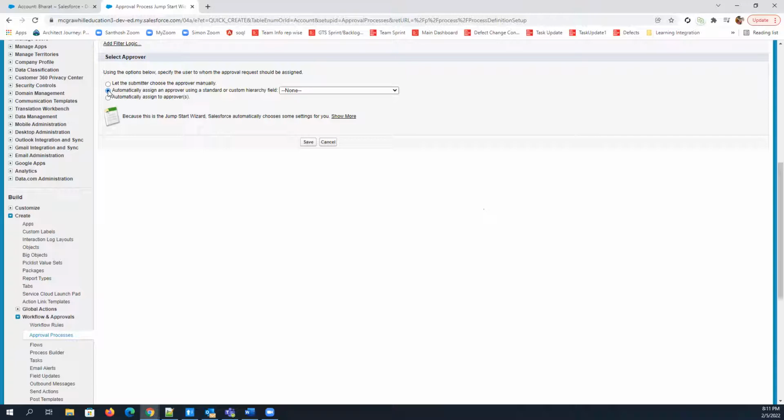Because if a company has 10,000 people or 1 lakh people, you can't do it manually every time. If you are using a hierarchical field, then at the time of user creation you can update the supervisor on that field. It will automatically pick whatever is passed in that field as a supervisor.